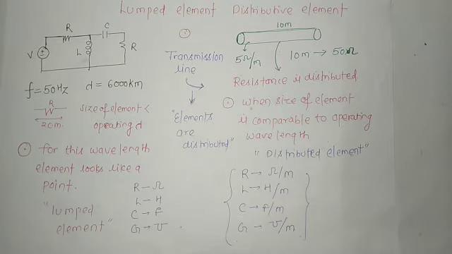Second thing is, what was the skin effect? In the case of skin effect, you have seen that when you applied DC, the current was flowing through the full cross-sectional area, but when you applied AC, current was flowing through some area, meaning the effective area was reduced, so AC resistance would increase. When you increase the frequency, the effective area will reduce more and more, meaning your AC resistance will increase.